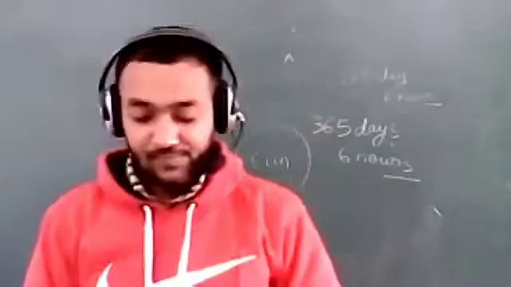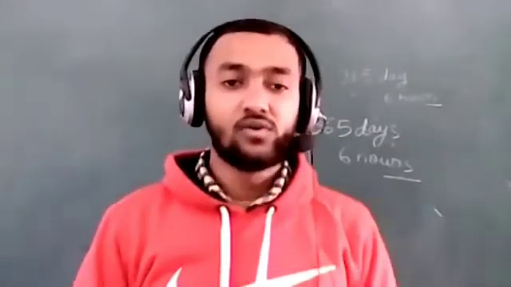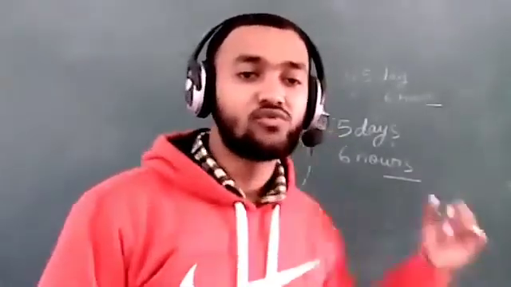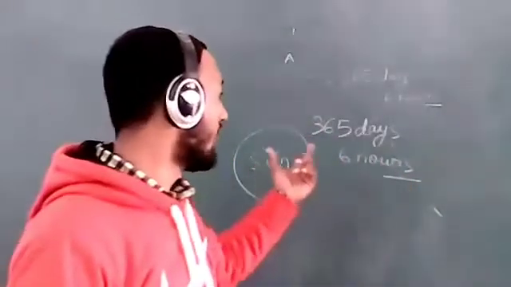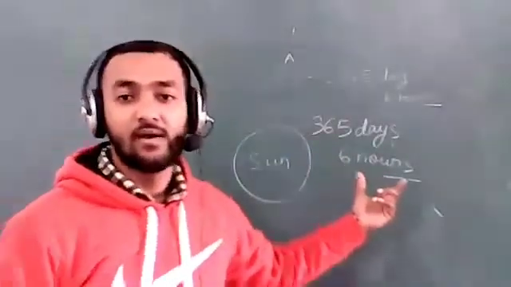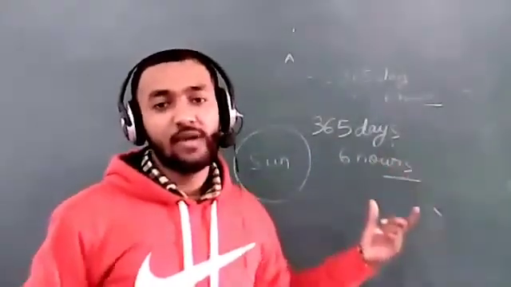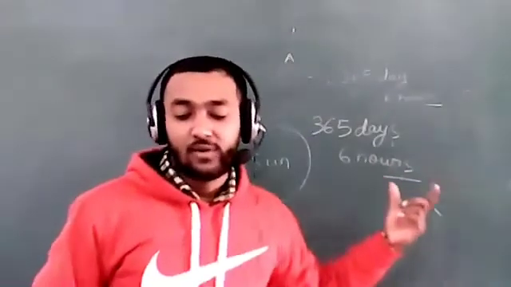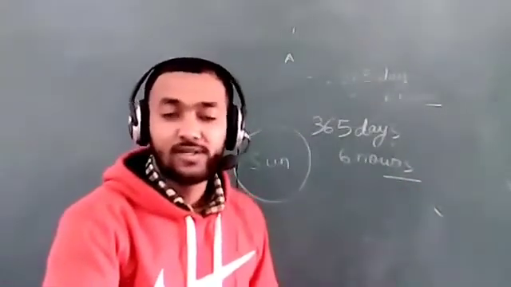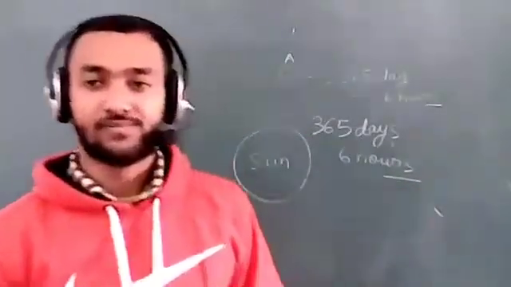Now, formation of day and night. Now we will discuss the formation of day and night. And one thing more, the revolution of Earth causes different seasons on the Earth. Due to the revolution of Earth, when Earth goes far away from the sun, what happens? We get less sunlight, so there will be winter season, winter weather. So the revolution of the Earth causes different seasons on the Earth.